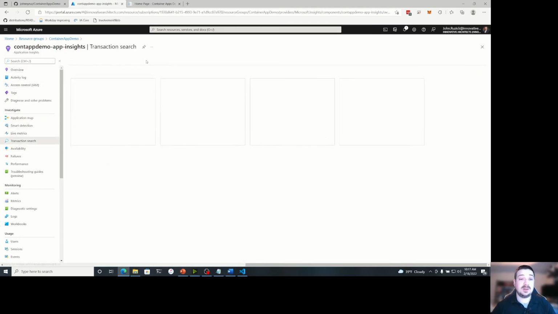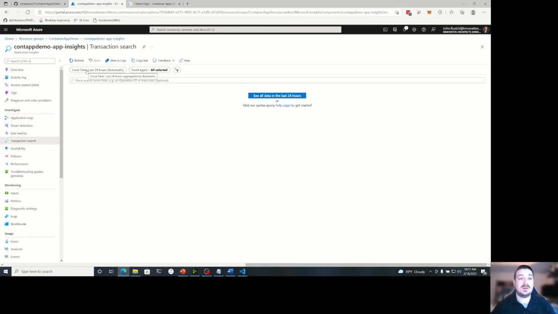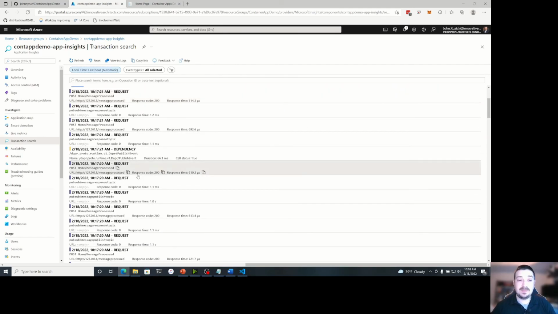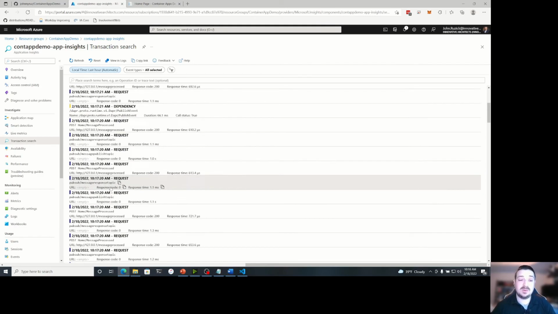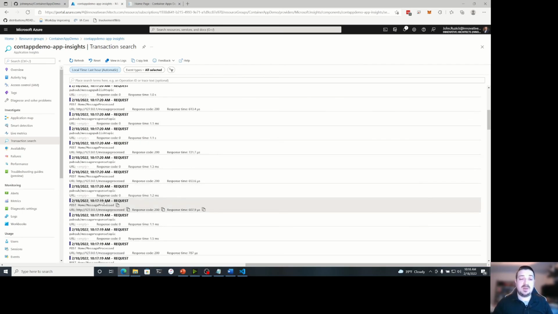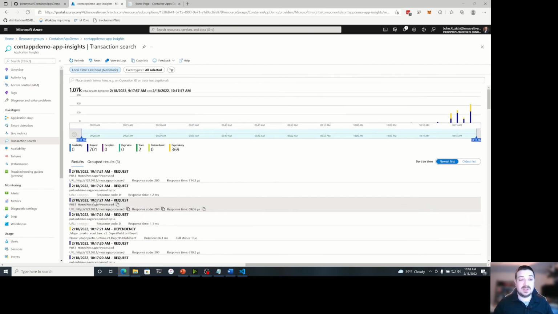We can search for all of our telemetry data, and you'll see that these pub sub message response topics, you'll see Dapr is logging information here to App Insights, and through this you can get all sorts of information on logging and tracing of your requests as they're being processed through the system.